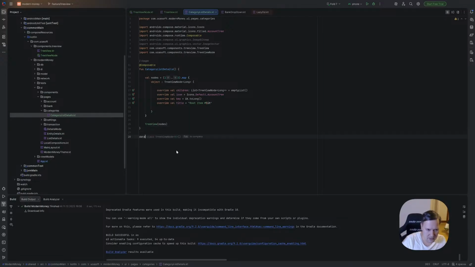We have our data class, let's call it category for now, and it should implement this TreeViewNode long. So what should we have?